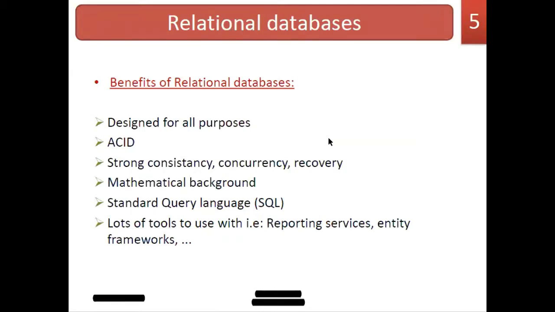Also, the relational databases support concurrency. You know what concurrency is? It is simultaneous access. Suppose a particular piece of data is being accessed by more than one transaction, then you need concurrency control to avoid conflicts in the data access. This concurrency control mechanism is one of the important things we have in relational databases.